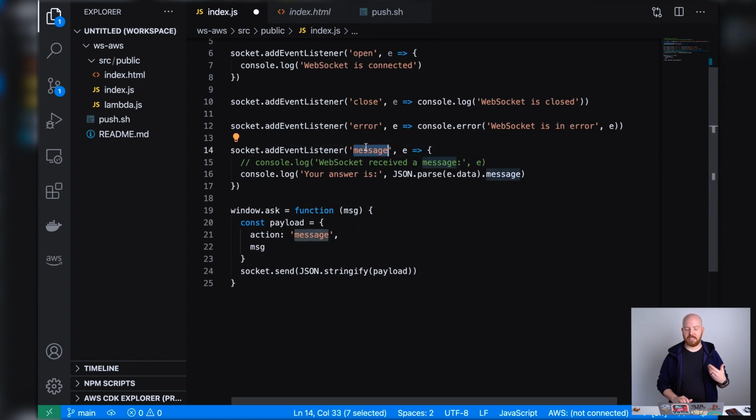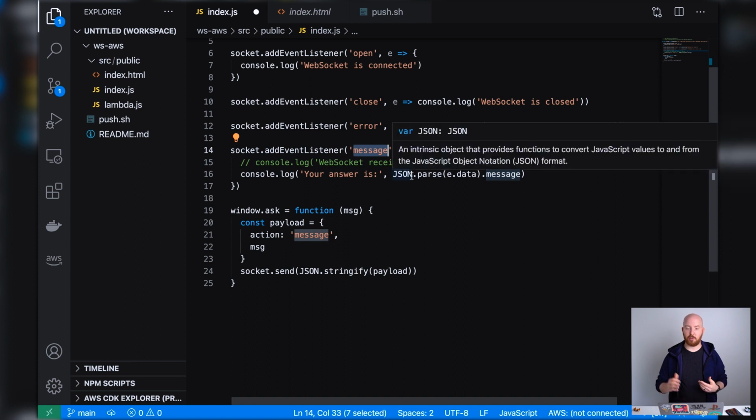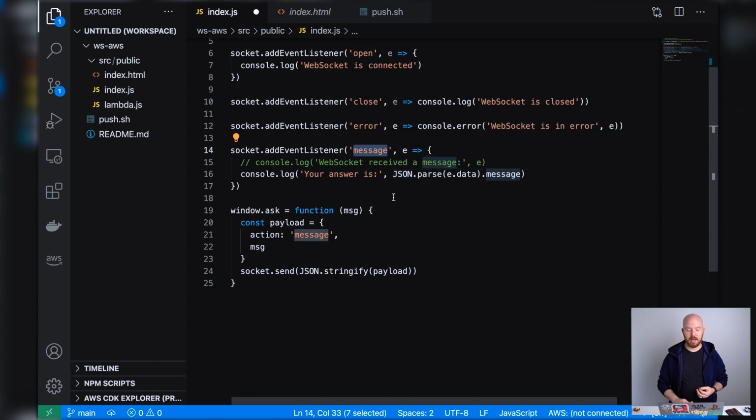Then we've got when we receive a message. So a message is when the WebSocket sends something to our client. And in this case, we're going to create a little magic 8-ball type thing where it is going to respond with an answer for our query.